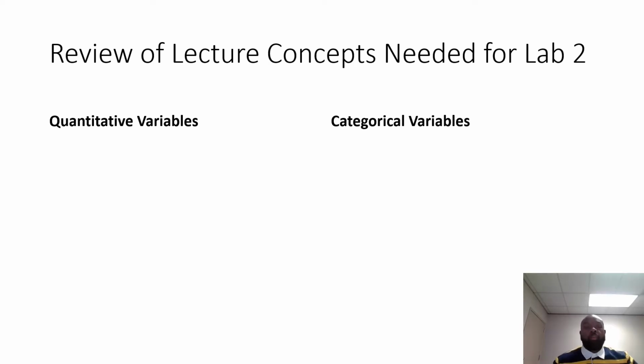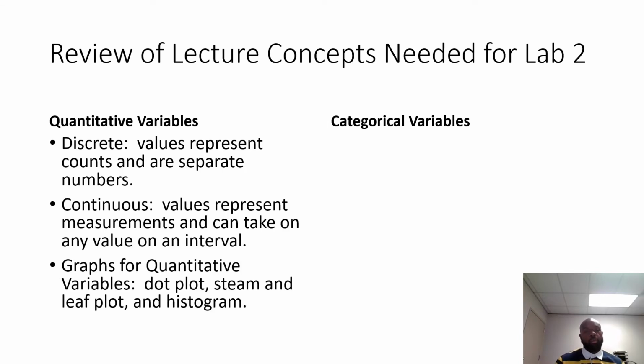Some of the concepts that we need to know in order to be successful with this lab include the concepts of variables, like how to figure out what types of variables we have. There are two overarching types of variables, both quantitative and categorical. Remember, your quantitative variables can be broken down into either discrete or continuous variables. Discrete variables are variables whose values represent counts, and are separate numbers. Continuous variables are variables whose values represent measurements, and they can take on basically any value within a